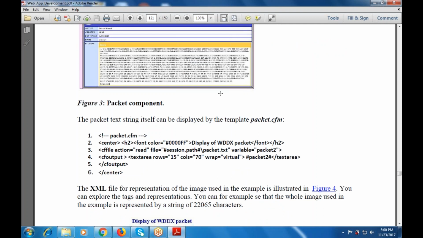This has a center tag, has an h2 tag, which is given as the font color, display of the WDDX packet. Then CF file action is given as read, file is given as a path, variable is given as packet2. Then CF output for the packet. Then there is a text box that will be created with rows 15 and columns 70. Then graph is also given as a